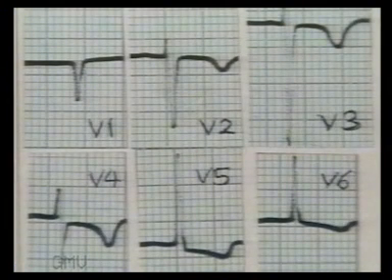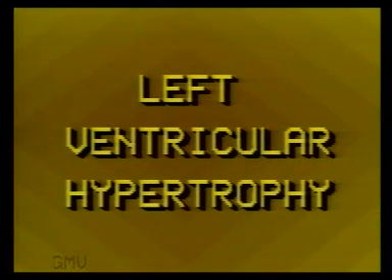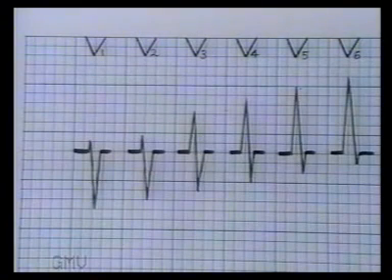This ECG shows a normal QRS pattern in the chest leads. Note the S wave in right-sided chest leads, which disappears as we reach V5 or V6. R and S are equal in V4, and the R wave progressively increases from V1 to V6. In left ventricular enlargement, this pattern remains the same, but the amplitude of the waves increases.